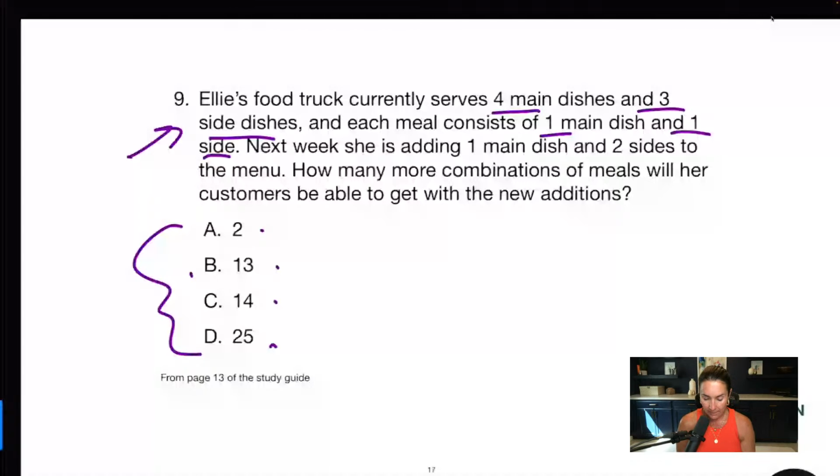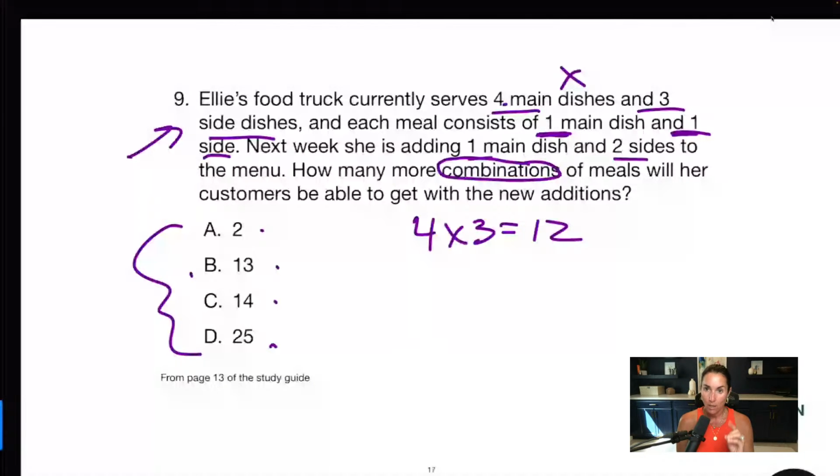Next week, she is adding 1 main dish and 2 sides to the menu for people to pick from. So instead of 4 to 3, it's going to be 5 to 5. How many more combinations of meals will her customers be able to get? All right, when you see this word combination, don't start going, okay, main and a side, 1, main and a side, 2. Okay, let me switch them around. Just use multiplication. Because you only get 1 main and 1 side, just do 4 times 3. 4 times 3 is 12. There are 12 different combinations currently that I can use right now when I pick my mains and my sides